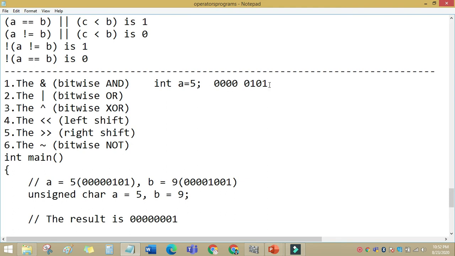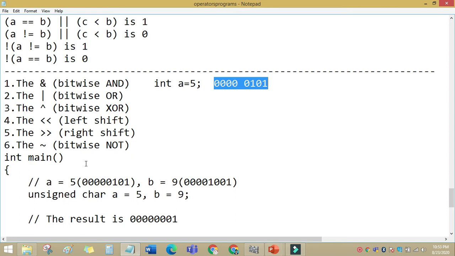So when I use the bitwise operators AND, OR and so on, they manipulate the binary value only, not the integer value. All the values are converted into binary and the operation is performed. That is bitwise operations. So here is the example. These are the types. I'm explaining all the types with a single program using AND, OR and bitwise XOR.